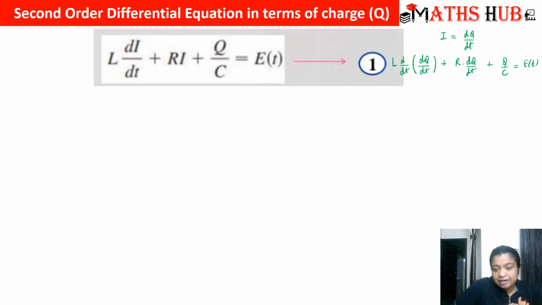Now what is d by dt of dq by dt? It is L d square q by dt square plus R dq by dt plus q by c is equal to Et,